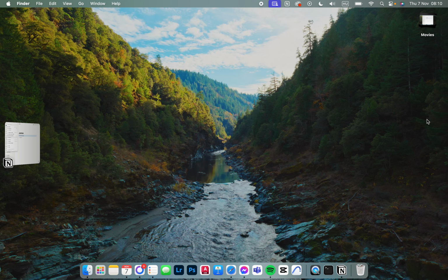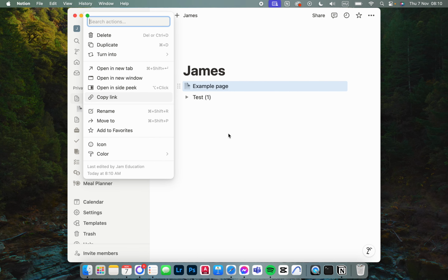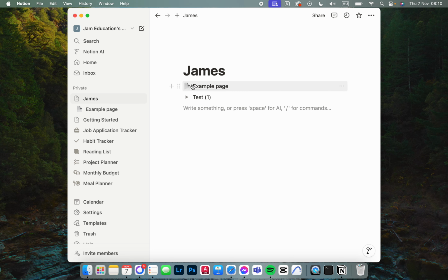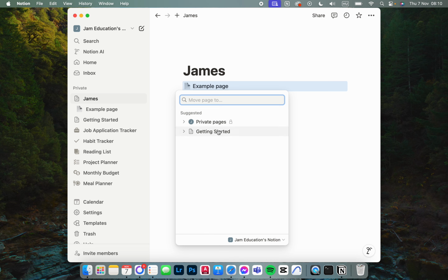To show you how to move a page to somewhere else in the Notion app. First, you have to open up the app, and here it opens up like this. From here, we just click on the dots next to the name of the page. Then we click on Move To, and here we have